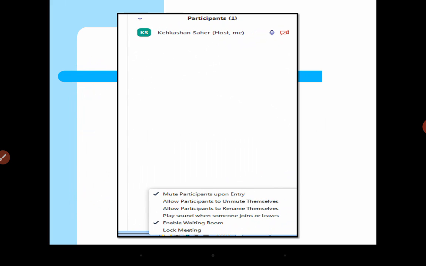So I would suggest that you don't allow them this thing. Allow participants to rename themselves, play sound when someone joins or leaves, enable waiting room, lock meeting. These are the options that I have already shared with you.